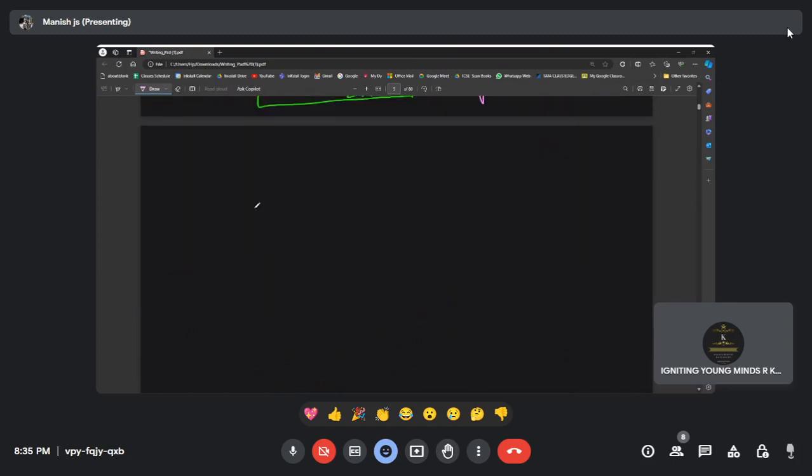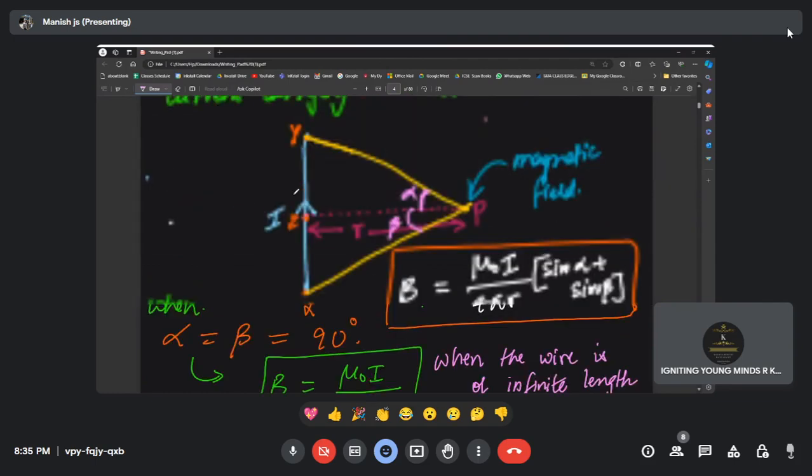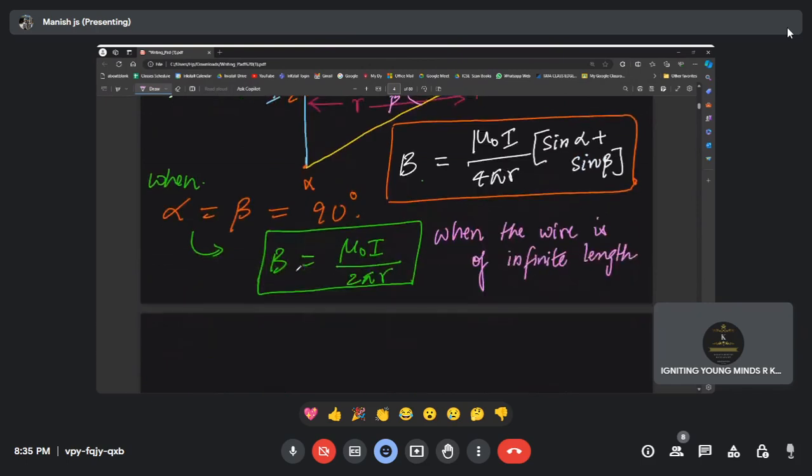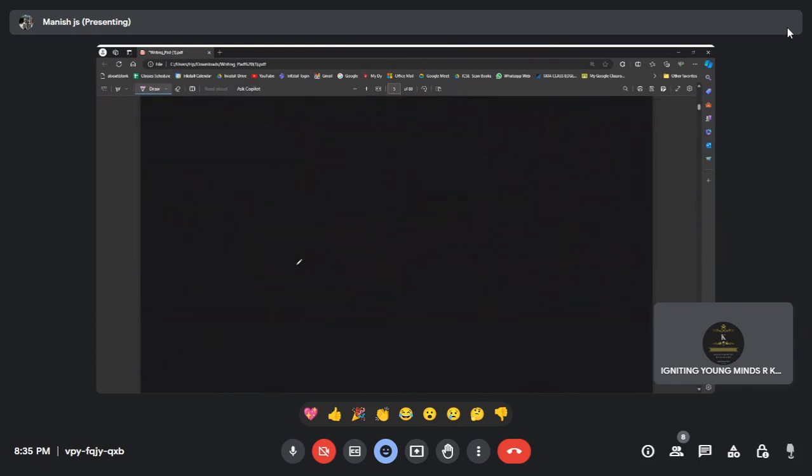So infinite length, now we understood. What about if the wire is infinite length only from one direction? That is, it is going to infinity only at point x or only at point y. In that case, it's going to be totally different, right? Okay. So if the wire, second case,